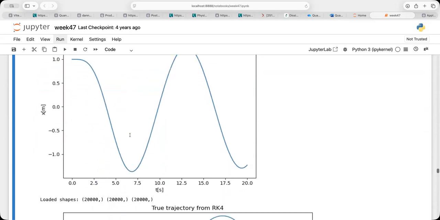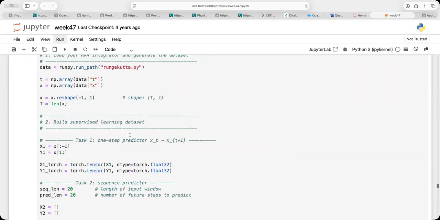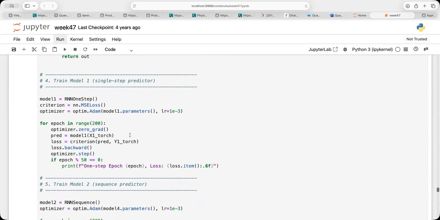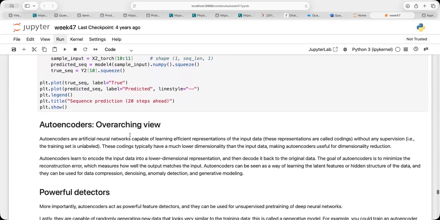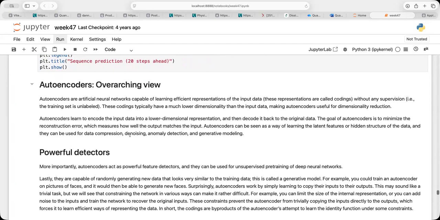Okay, so I'm going to stop here a little bit with these methods. So there is a PyTorch example, but I wanted to say something about autoencoders. So that's going to be the final topic this semester. And these autoencoders are very powerful methods.